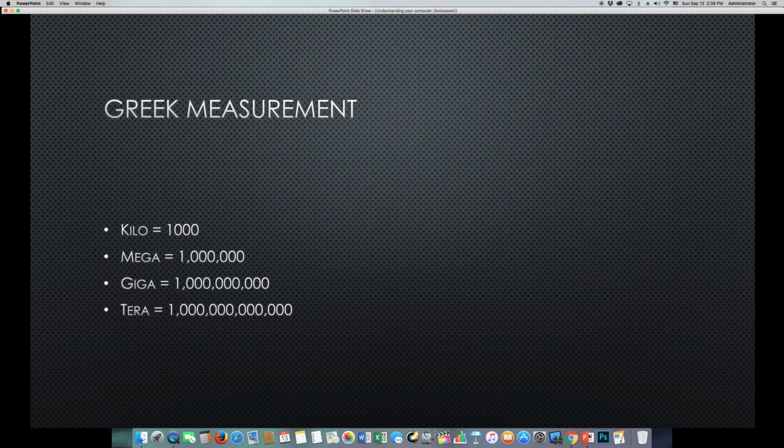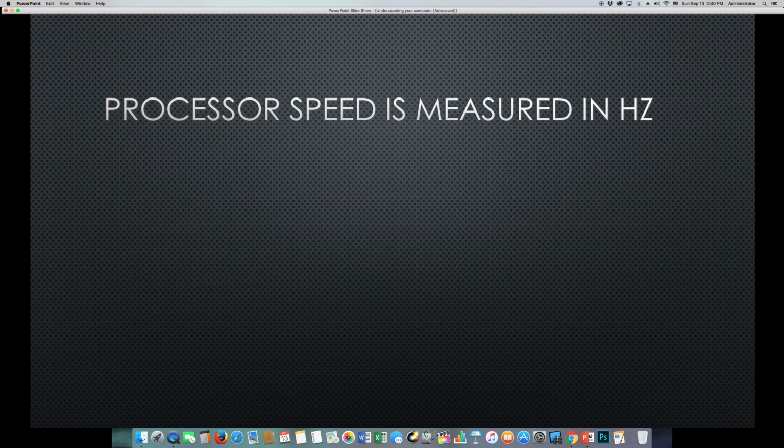Gigaliters, I don't know if we can measure anything that's that big. And of course, teraliters we're not even there. Teragrams, these are all prefixes you can put in front of any of those terms to determine measurement. So we could also put them in terms of bytes, we said that earlier, which means we can also use these in terms of processor speed. So, when it comes to processor speed,